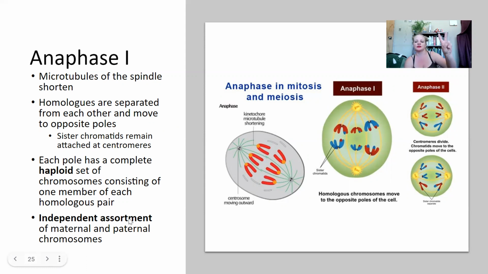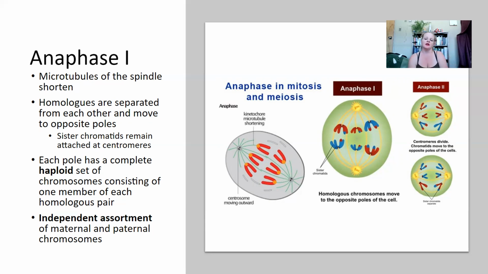Now, source number 2 of genetic variability comes from independent assortment. When our chromosomes are lined up on metaphase, it's not necessarily that all the chromosomes that we get from dad are going to be on one side, and all the chromosomes we get from mom are going to be on the other side. It's going to be selected at random. And so all of the sperm cells that you make, all of the egg cells that you make, are going to have a different combination of the chromosomes that you got from your mom and dad, resulting in those sperm and eggs, your gametes. And we also had crossing over, and so there's a whole other level of shuffling of our genes.